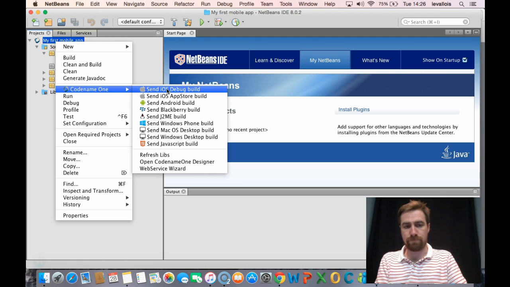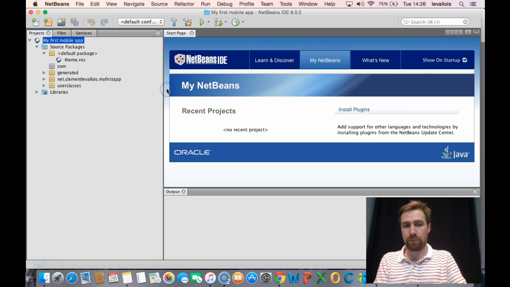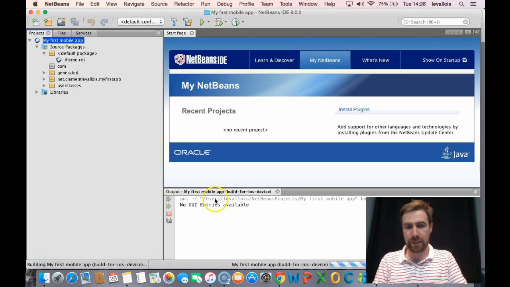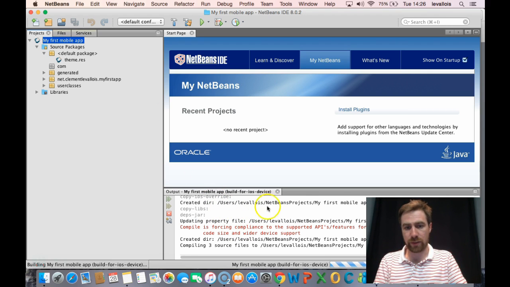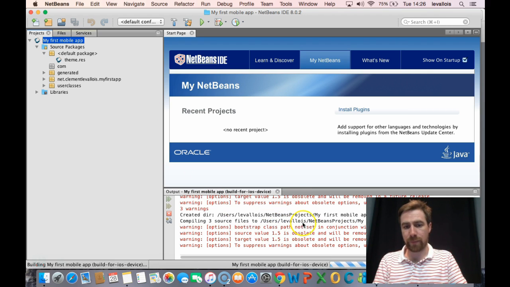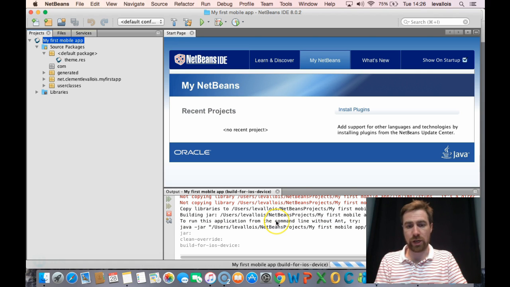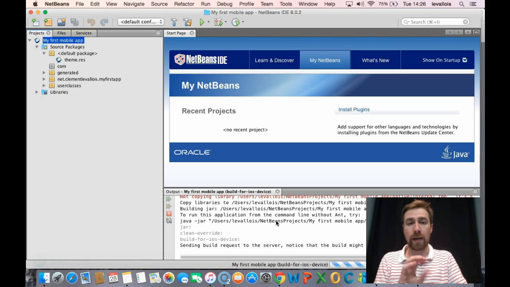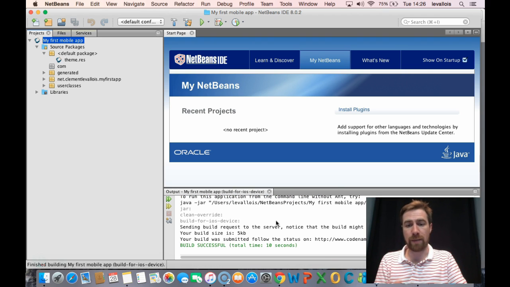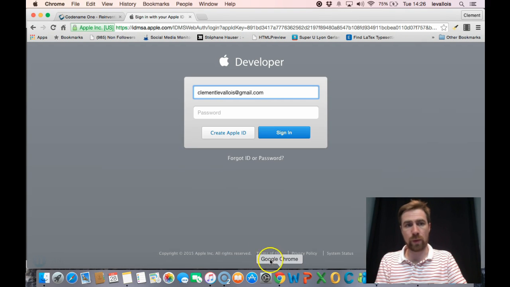So just click there, and we will see a lot of activities there. It means that NetBeans that we're using here is creating an iPhone version of our app, and it's sending it to Codename1, the website where we were before. So we just have to go to the Codename1 website now,